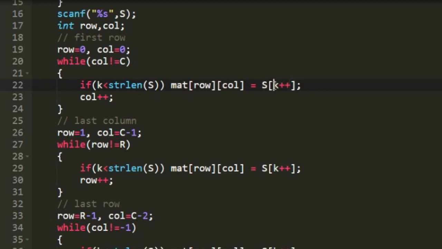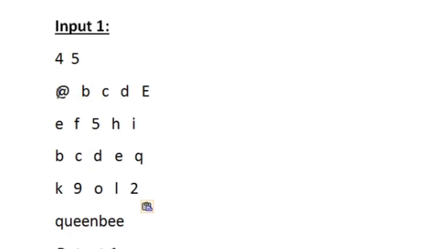So the value of k was initially equal to 0. So first it would replace the first character present in the string, and after incrementing the next iteration it would replace the character with the second character of the string. And we are performing this operation only when the k is less than string length of S. So when we do like this, the first row would be replaced with the characters of the string, and now we have to replace the last column, and for the last column we have already replaced the first element.